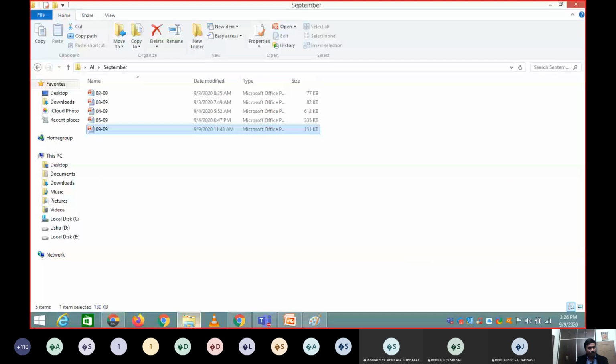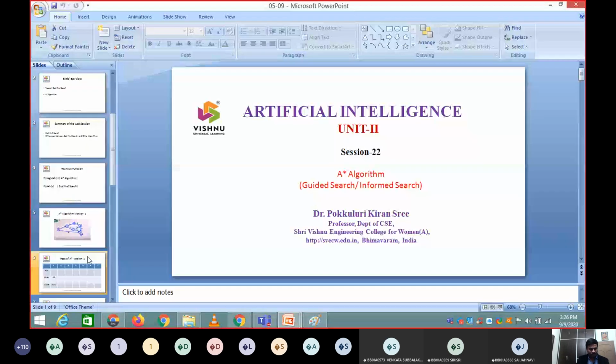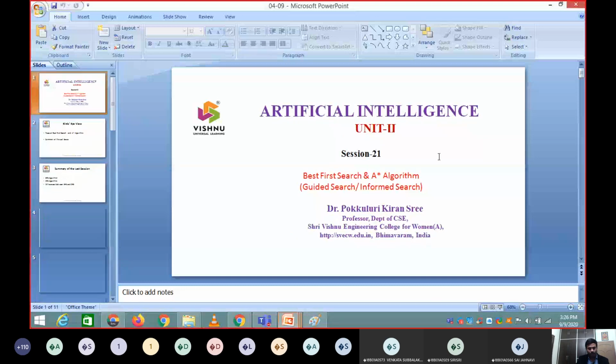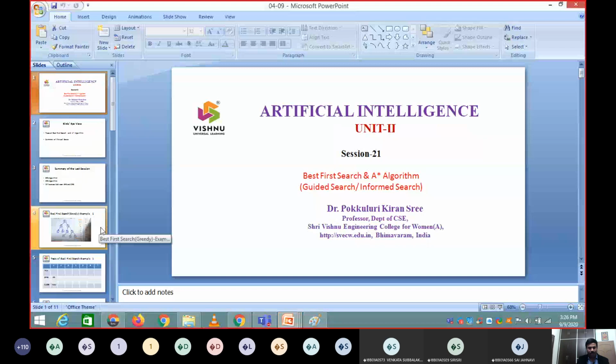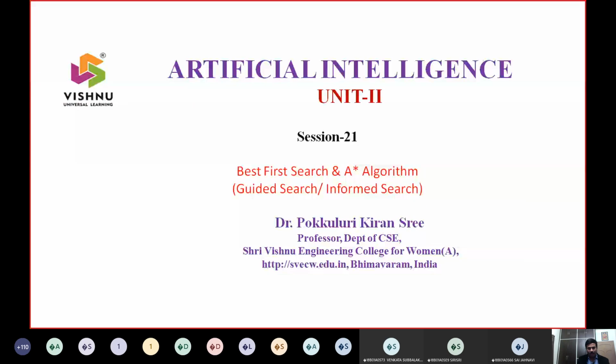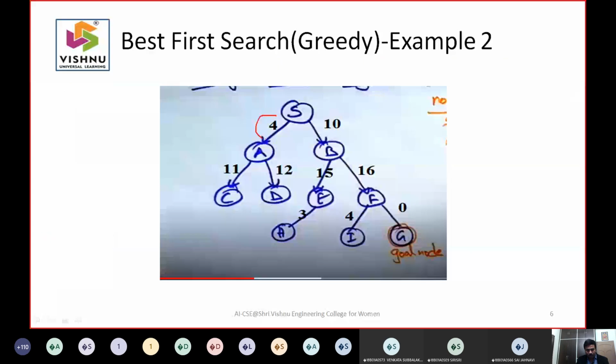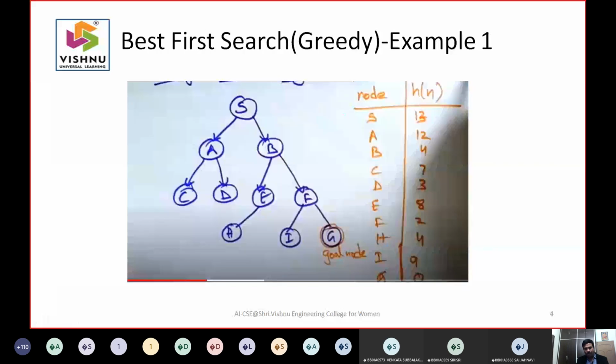If you remember properly, we took two examples in the last class, most probably on the 4th of this month, when I started with this presentation and went through this diagram. I have changed the values here. Earlier values are not this type of values. We had a different value here. We can see here S value is 13, A value is 12, but I have changed the values.